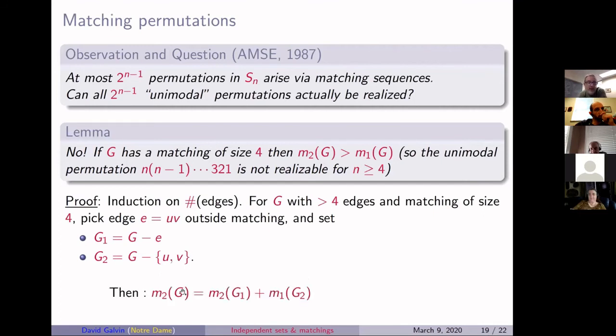Now there's the basic relation that the number of matchings of size k in any graph is the number of matchings of size k when you delete an edge plus the number of matchings of size k minus 1 when you delete the edge and the 2 vertices of that edge. Do you include the edge or do you not include the edge? Now G1 has lost an edge, but it still has a matching of size 4 because we deleted an edge outside a maximal matching. And so we can apply the induction hypothesis on this term. And we know how many matchings of size 1 are in the graph obtained by